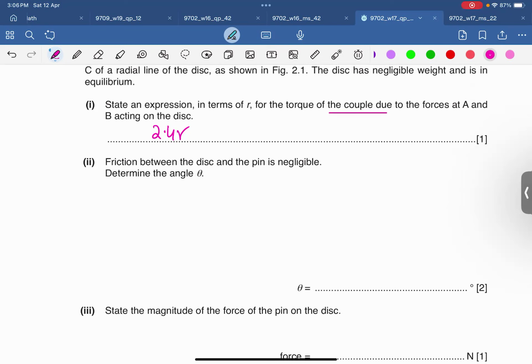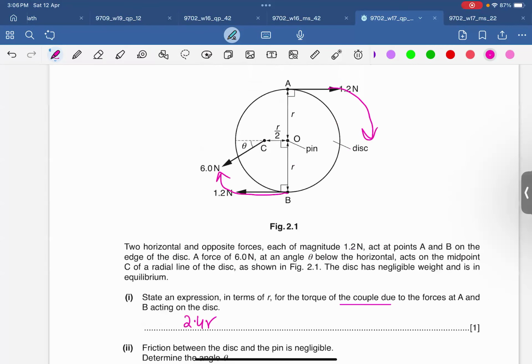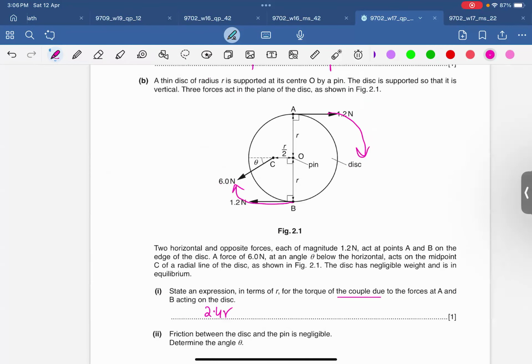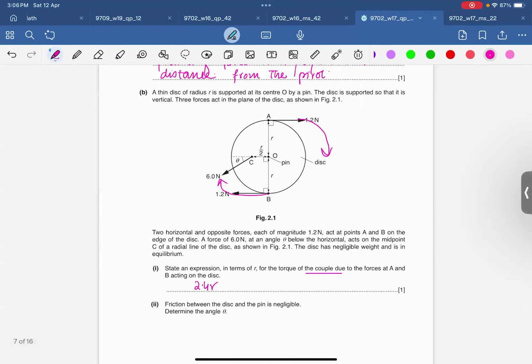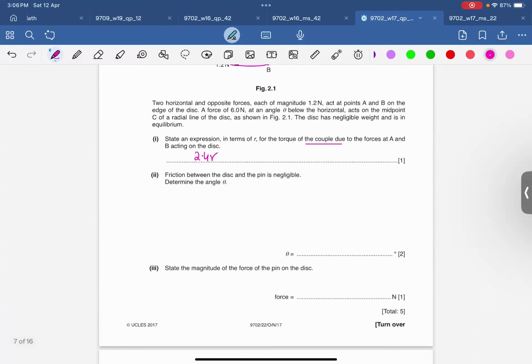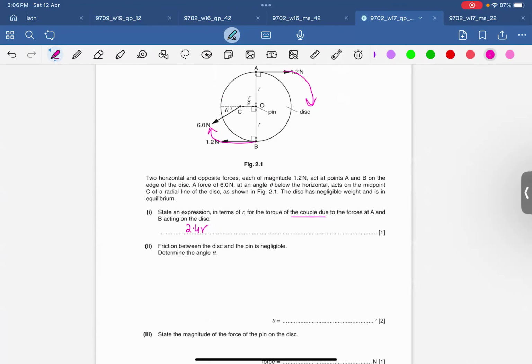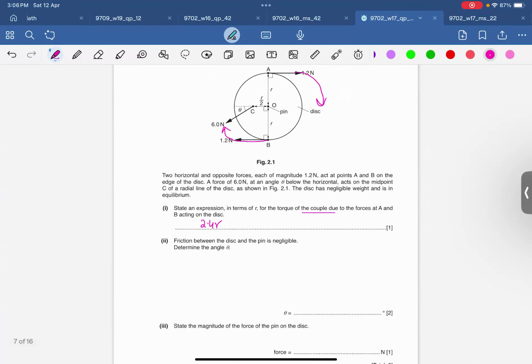Friction between the disc and the pin is negligible, determine the angle theta. एंगल थीटा। ओके, यस, क्या करेंगे? अच्छा जी, आ जाओ भाई। दिस इज द क्वेश्चन। जरा सॉल्व करके भेजो जल्दी से। पार्ट ए भी करो एंड पार्ट बी भी करो। स्टेट द मैग्नीट्यूड ऑफ द फोर्स। ओके, पार्ट ए और पार्ट बी, ये दोनों कैलकुलेशन वाली क्वेश्चन है, जरा करके दिखाओ प्लीज। 2 मिनट के अंदर प्लीज कंप्लीट करो, क्विक।